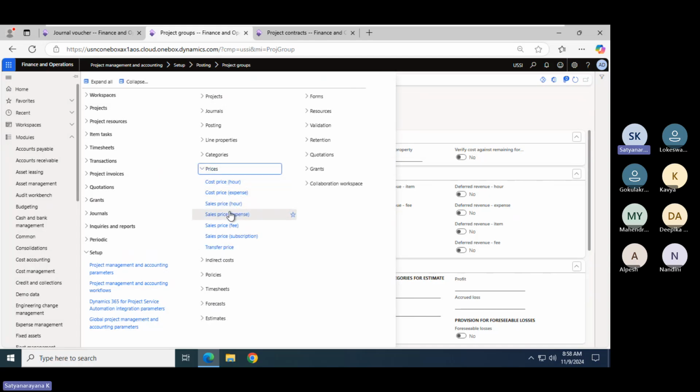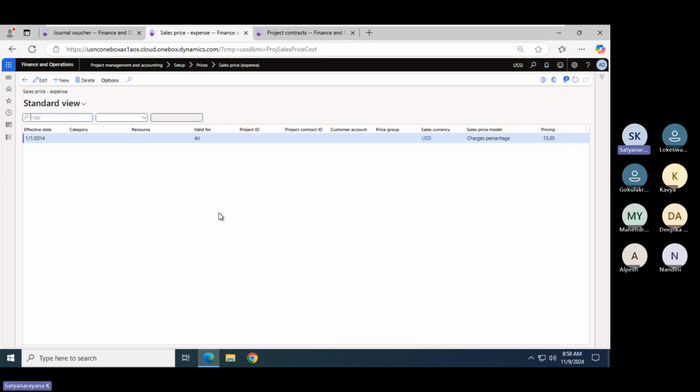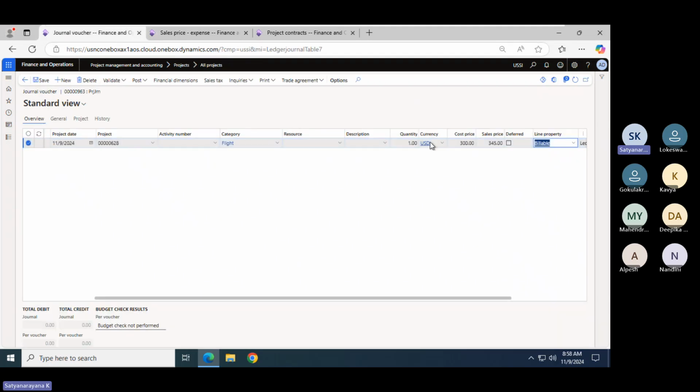Here we have cost price expenses and sales price expenses. In the sales price expenses, we have defined a charges percentage of 15%. So on top of this cost, 15% should be added. That is the reason it is coming.